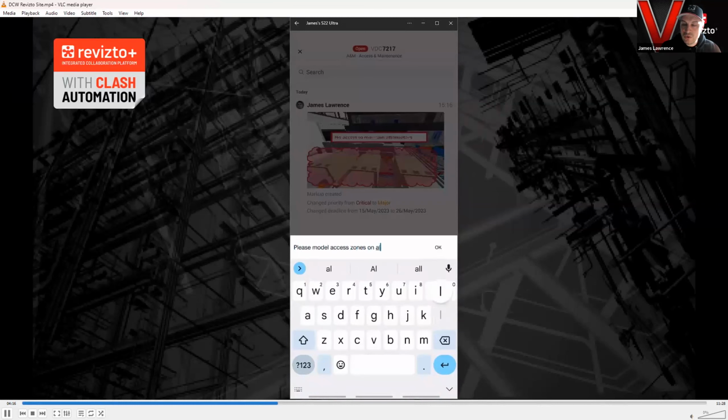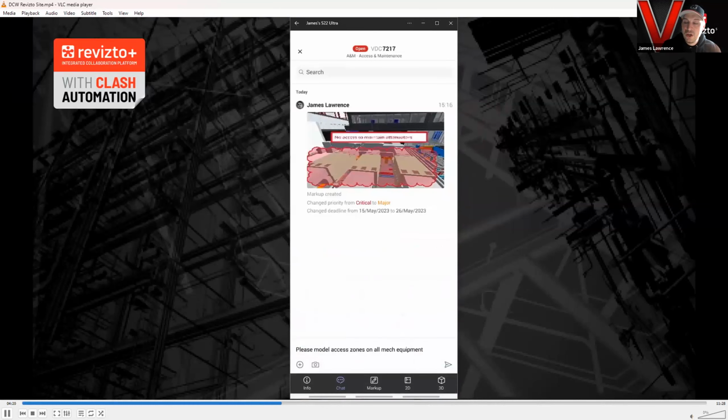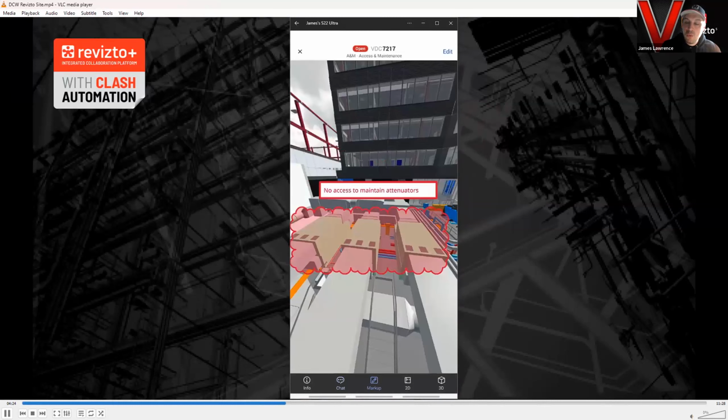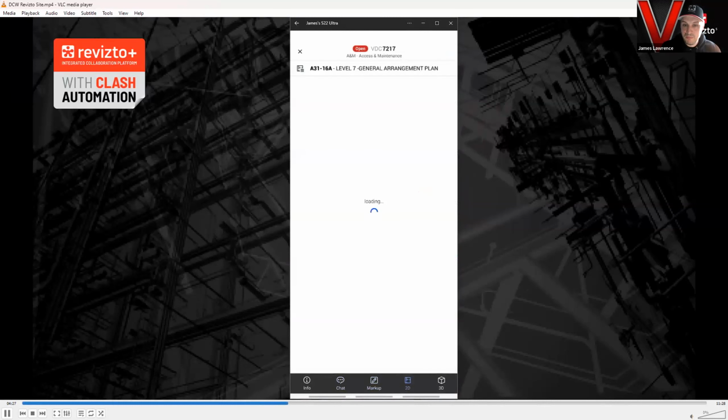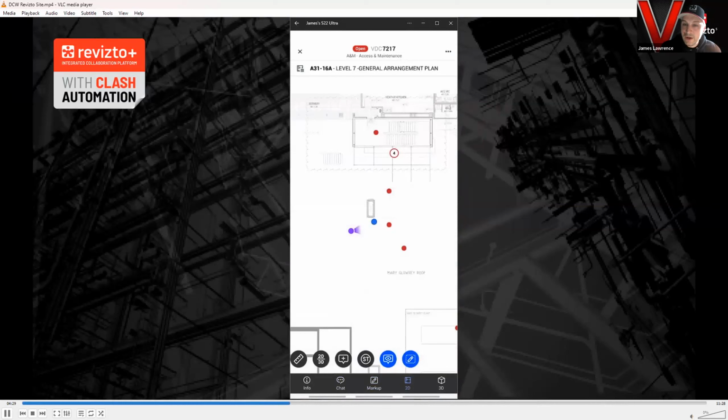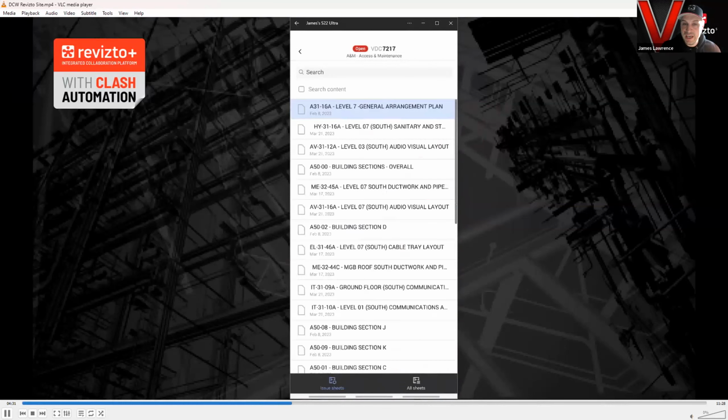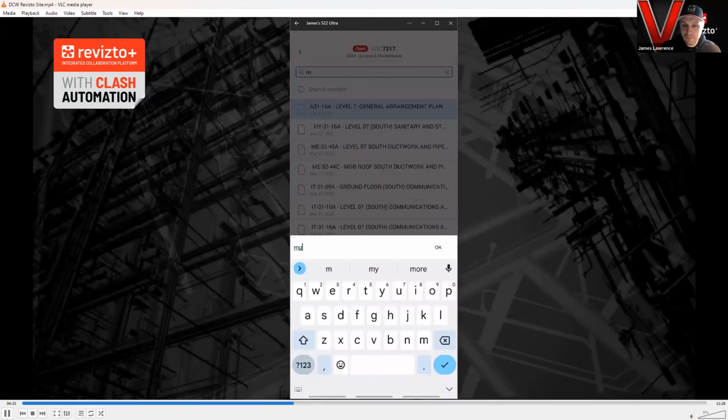Please model access zones. They have been missed. So now this can be assigned to David Gomez, who is going to go to his team, and they want the access zones modeled, which is going to help with the coordination of the rooftop plant room. I can also pick up a drawing which is associated with this level as well,